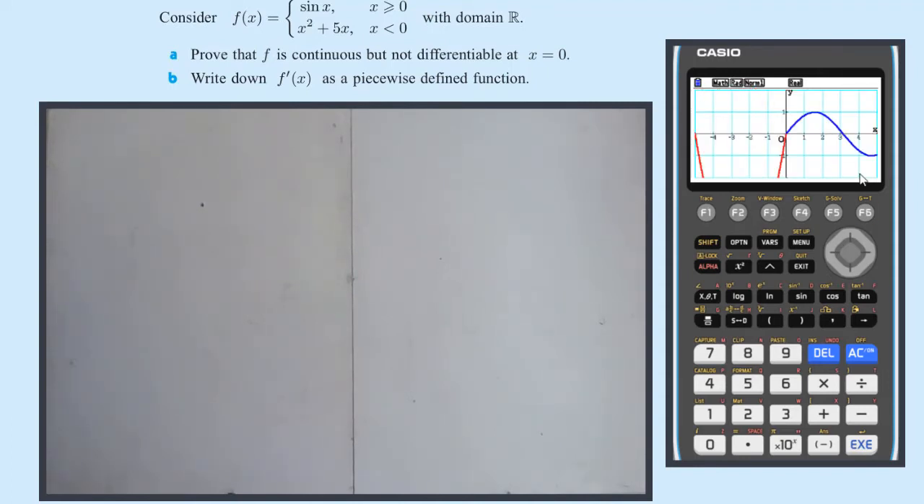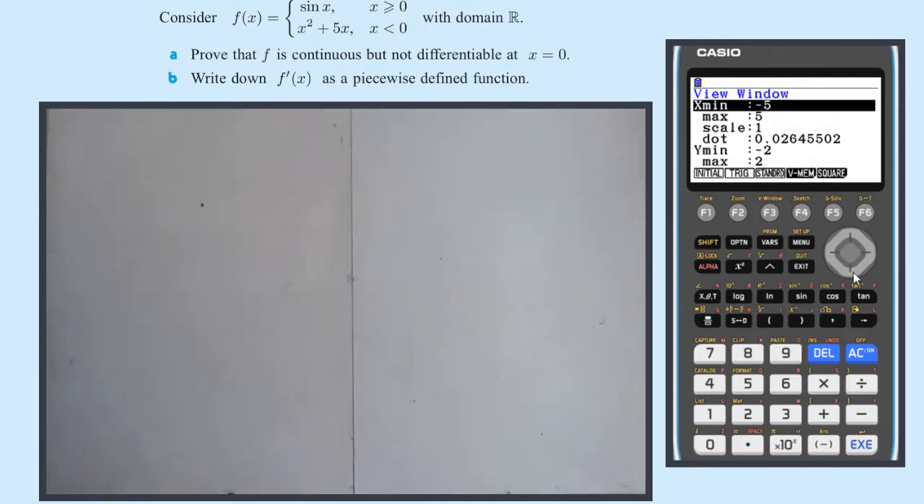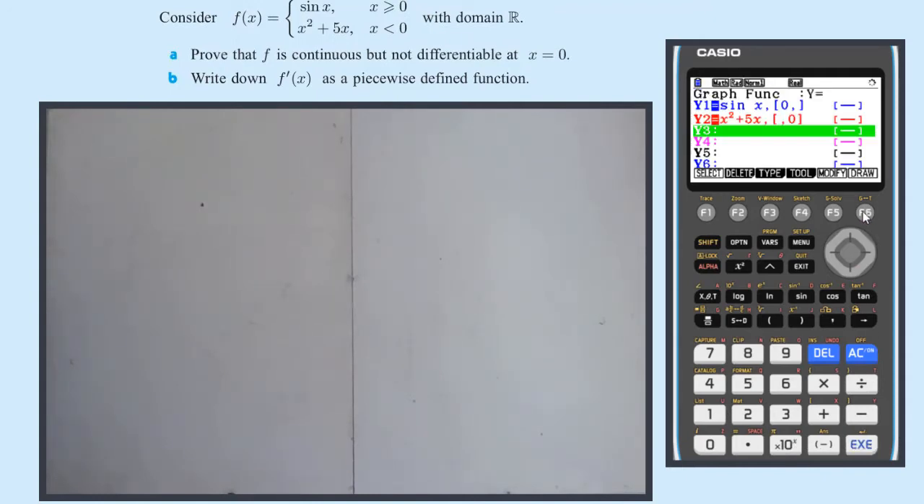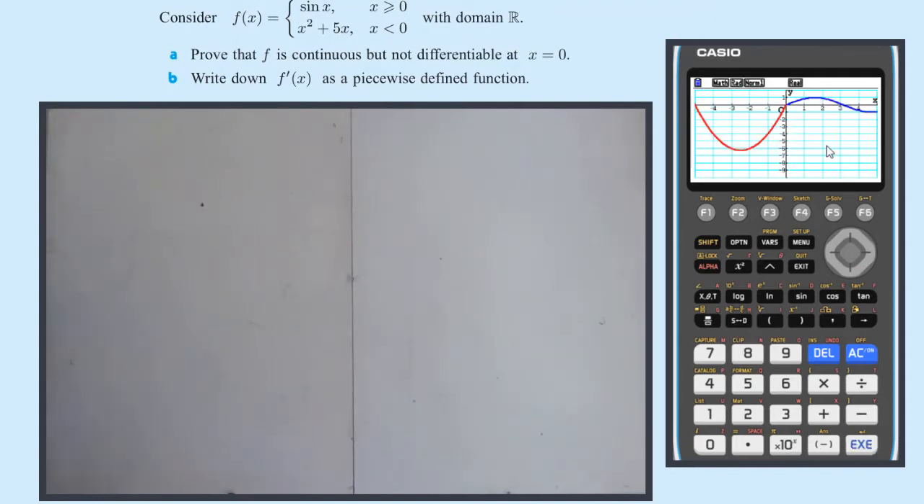Okay, so that's not bad, although I am missing a bit here, so let's just increase our y min a little bit. Try and get that minimum in, so maybe minus 10, minus 5. Okay, that's not bad actually. So if we just sketch that,